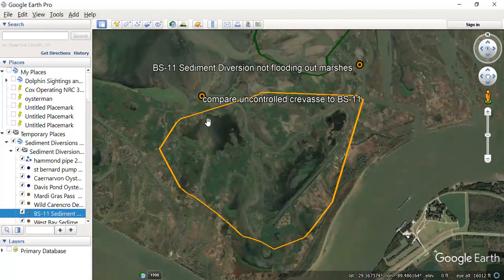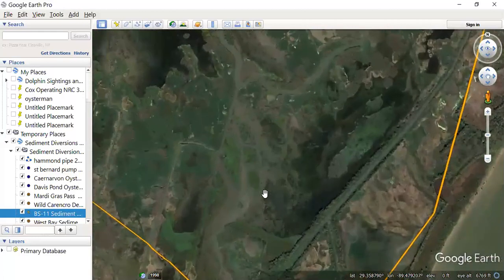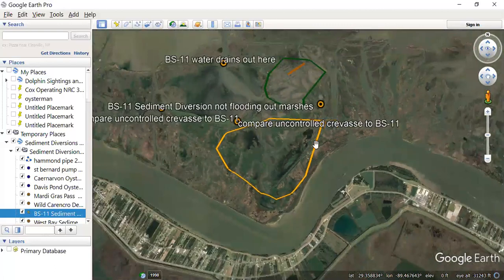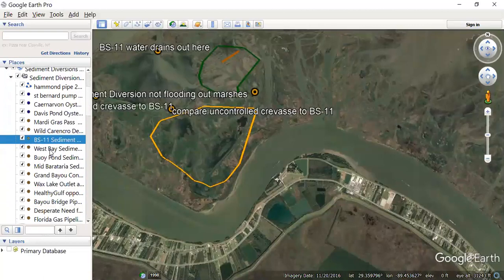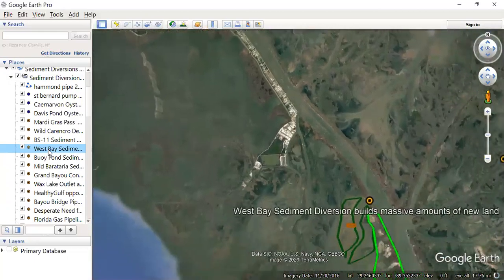You can see from the dark colors that a lot of the sediment is not reaching this area. So if you think that is beneficial, you could probably dredge out a bayou or so to cause some of that silt to start to fill up this area, if you thought that was worth the time and the monetary investment. The big one is West Bay,